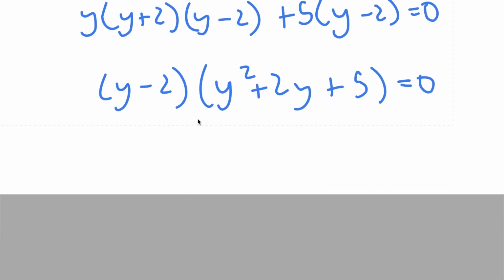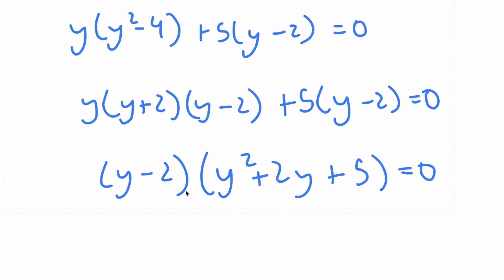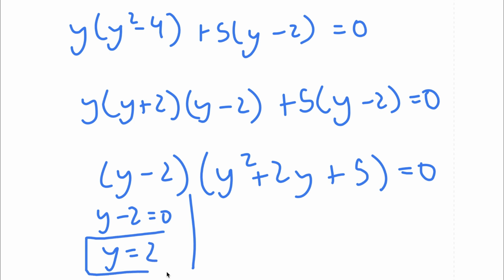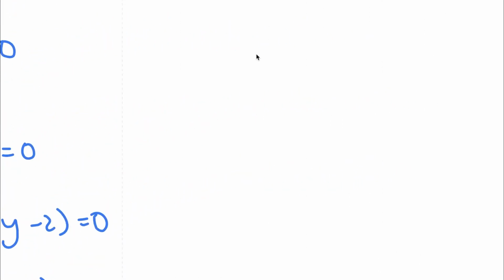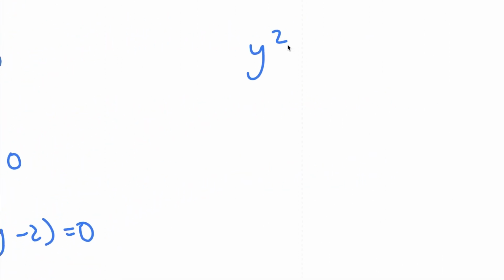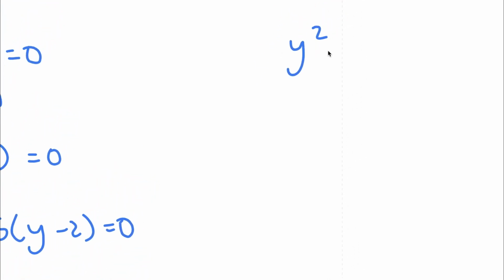So now this gives me two equations. I get y minus 2 equals 0, which means that y equals 2. And I get y squared plus 2y plus 5 is equal to 0. And to solve that, we'd actually have to use the quadratic formula. So let me go over here. I have y squared plus 2y plus 5